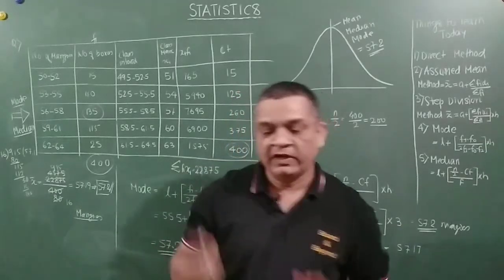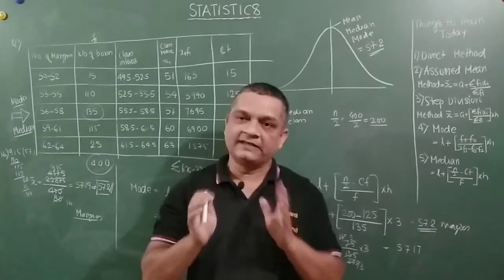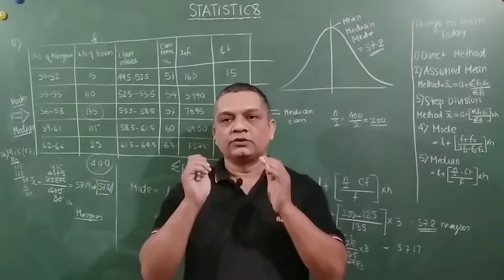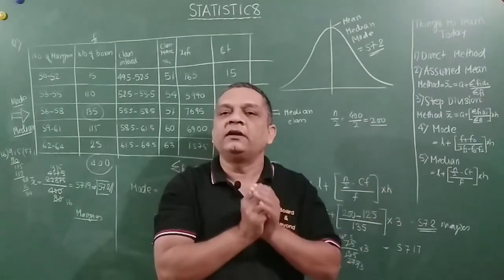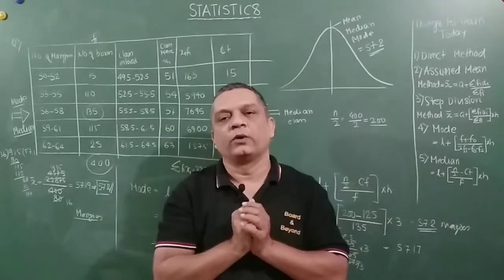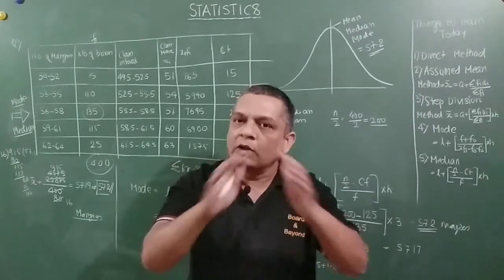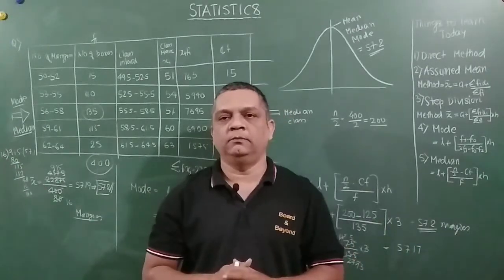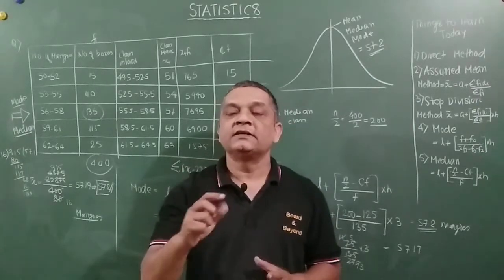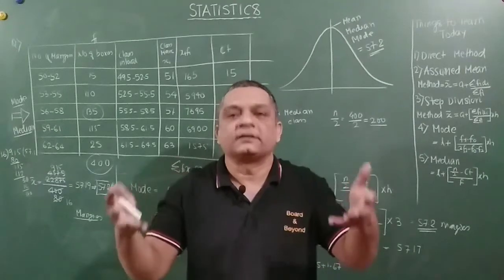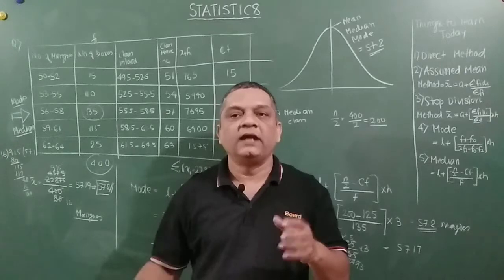You can correlate. Now friends, there is one more important thing which I wanted to tell you, okay? We have seen mean, we have seen different methods to find mean, we have seen median, we have seen mode. The plus point with the mean is that it uses all the data in the frequency table. The negative is that it is influenced by the outliers. Outliers in the sense of sudden spikes, either high or low. It is influenced by that.